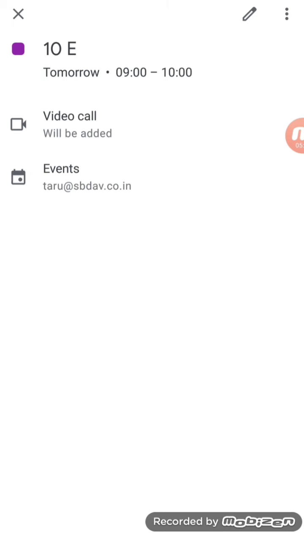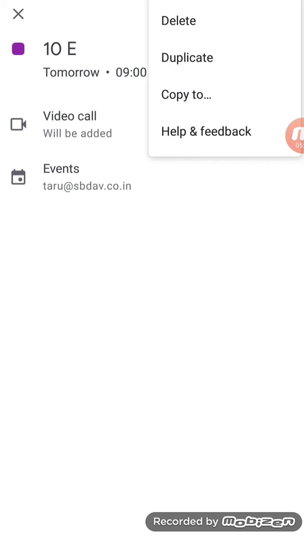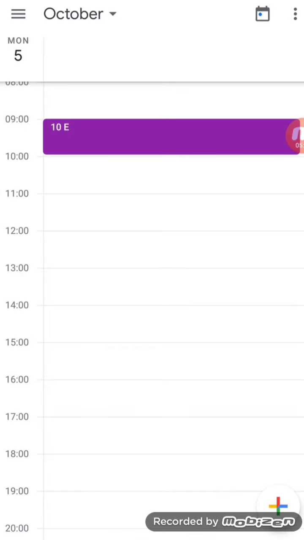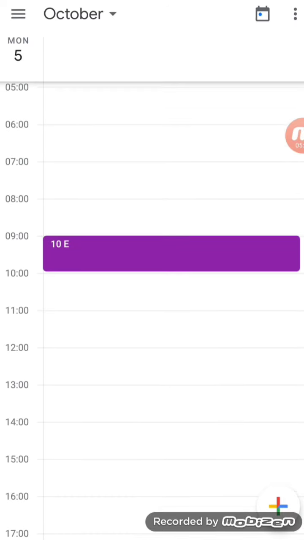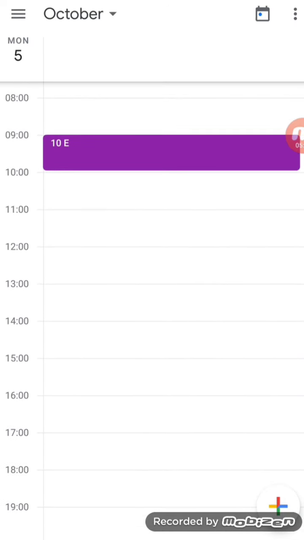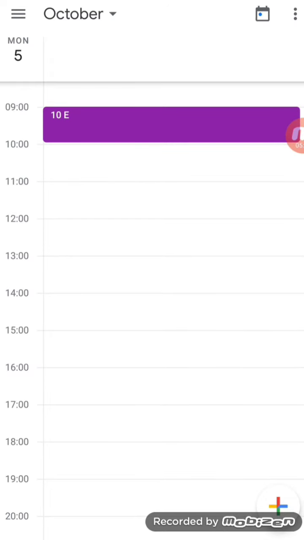Then there is a pen option at the top to do some editing, and these three dots are there if you want to delete, duplicate or copy this event again. So once this event is scheduled, it can be seen here with the purple color. If I want to schedule any other event also, I will select the plus sign again and create the event.